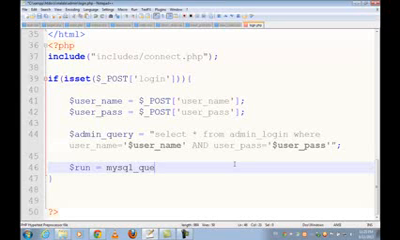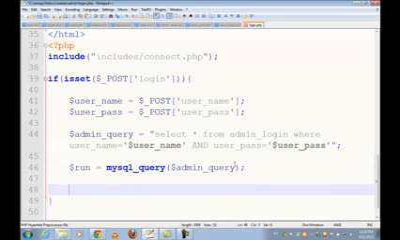query, mysql_query. So we are running a query which is admin_query. Yes, that's it. Now we are saying if mysql_num_rows, that means we are just counting the rows inside the table for this query. Yeah, we are saying that if the number of rows is greater than 0, that means the user exists